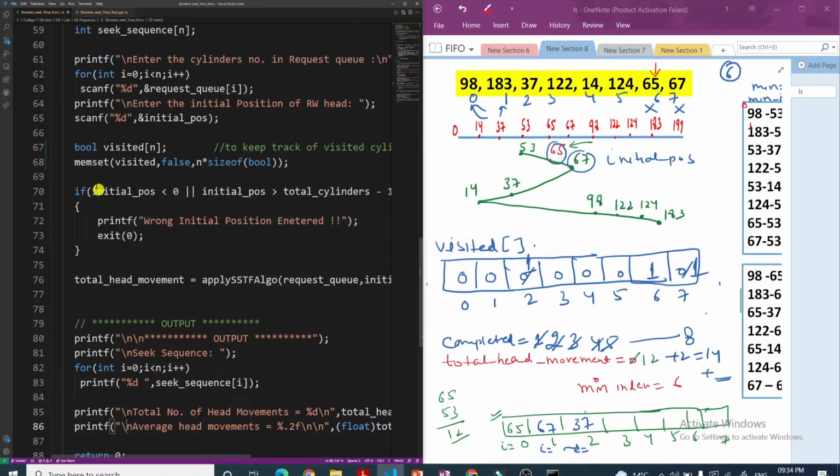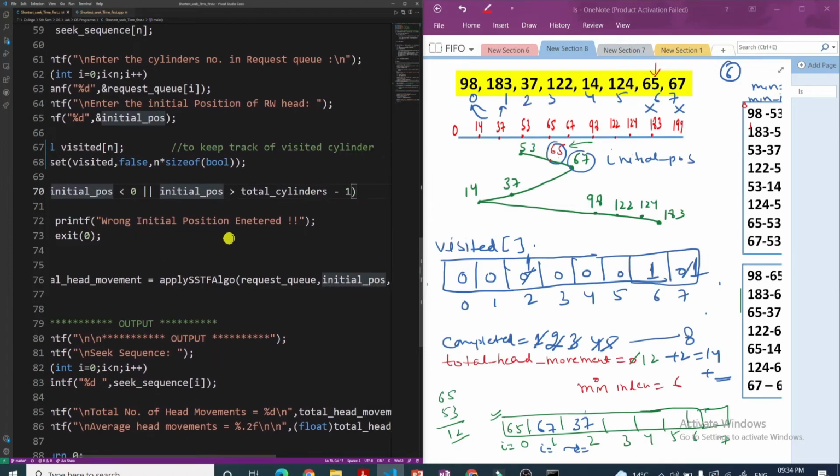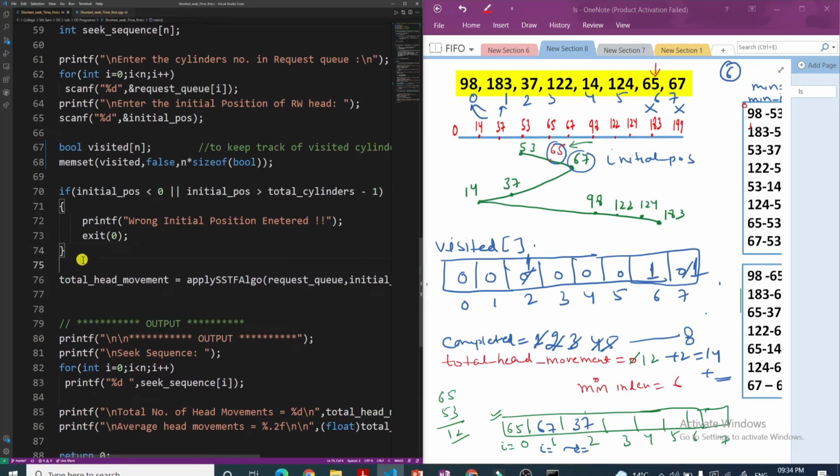Here you can see I have checked one error condition. I have assumed that the initial position cannot be negative. The cylinders range from 0 to 200, let's say the total cylinders are 200, so the initial position can be 0 to 199 only. If the initial position is less than 0 or greater than 199, that means a wrong initial position was entered, and then I exit.